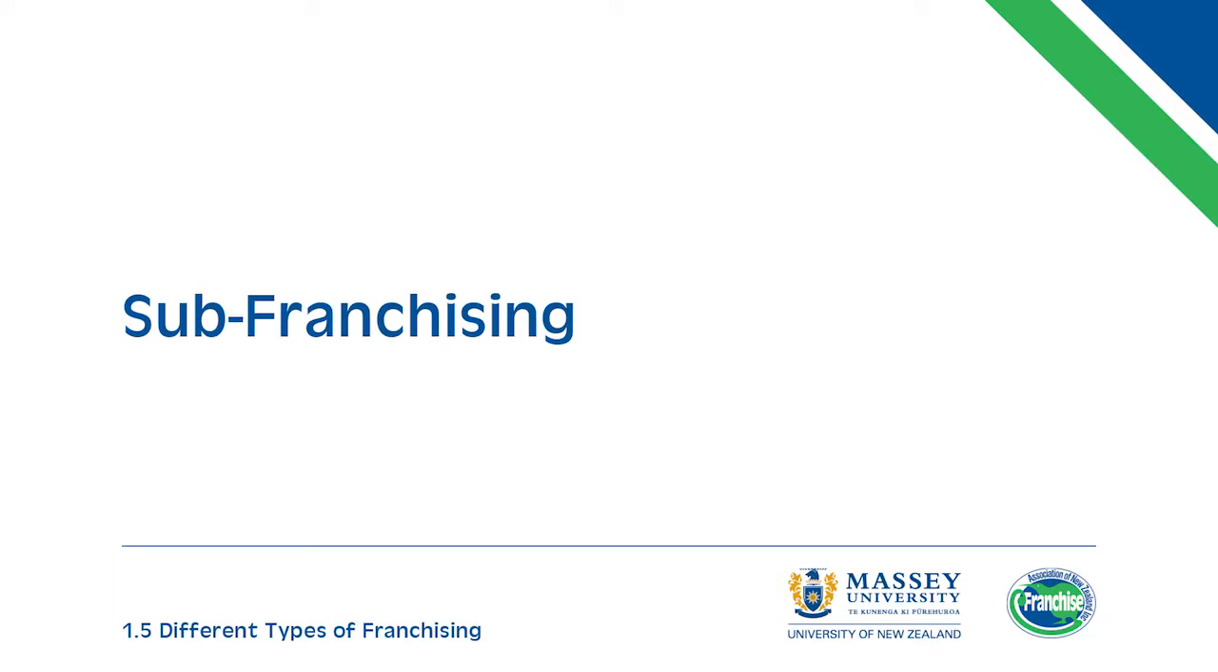Sub-franchising. The fourth method of franchising is termed sub-franchising, but is commonly referred to as master franchising. Sub-franchising involves 2 levels of franchisees: sub-franchisors, often called master franchisees, and sub-franchisees. Sub-franchisors are like a franchisor in that they will often be responsible for recruiting and providing ongoing support to operating